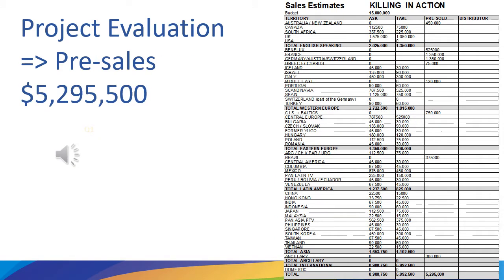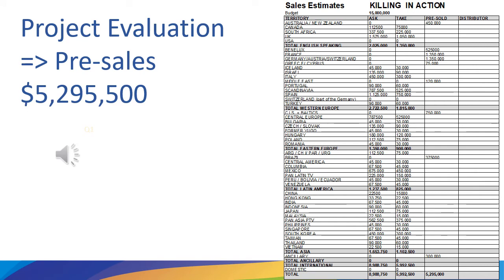When we put together our finance plans and we say, for example, that 75% of the budget should ideally be covered with international sales, we really talk about projections. We talk about what the ideal projection should look like, what the ideal sales estimates sheet should look like that we're getting from the sales agent. And when we say 35% of that should be pre-sold, it's an ideal level, but it's in reality a little different, because what you're actually seeing to be sold and what the sales agent is actually selling are these countries.